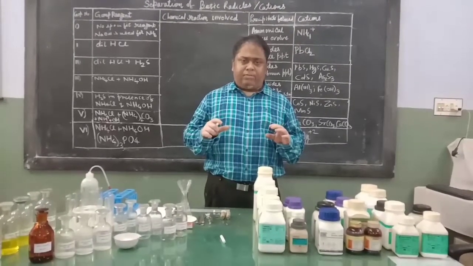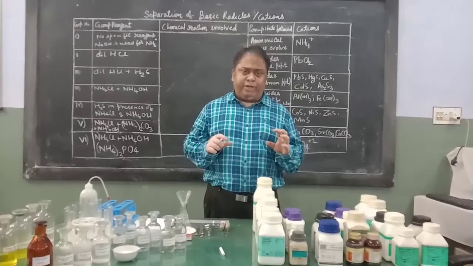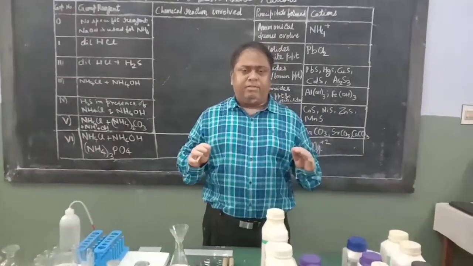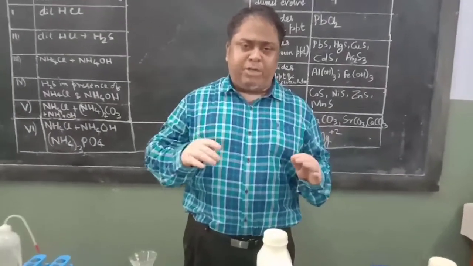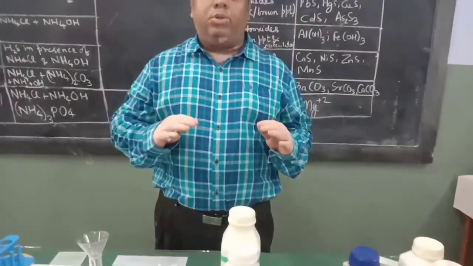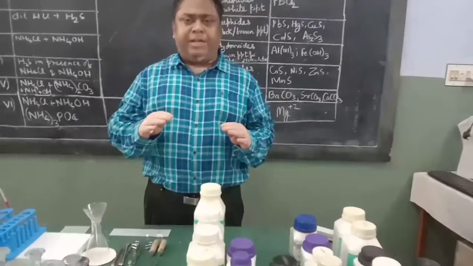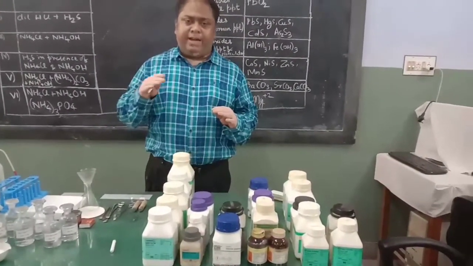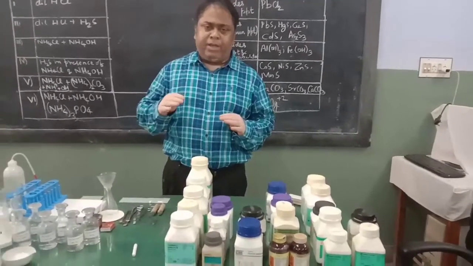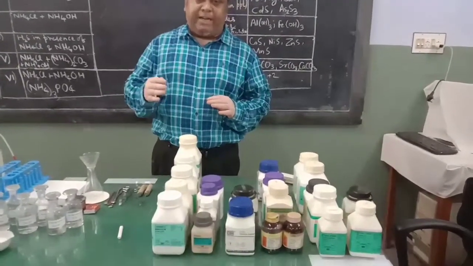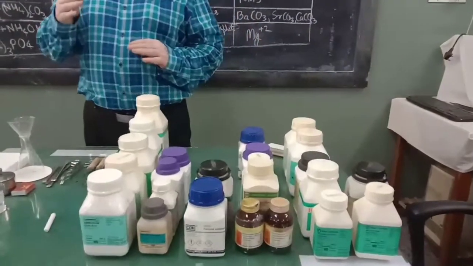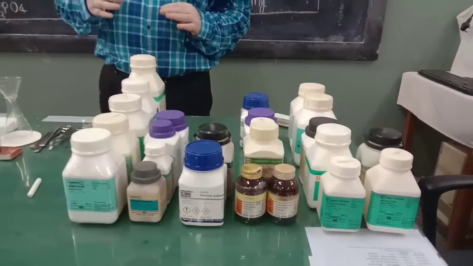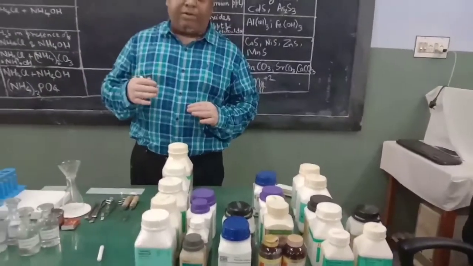Before you start finding out which cation is there and prove it by conformity test, first of all you need to separate the anions. So that has been done already. Today we will do the group separation of cations. Many teachers, examiners and students call cations basic radicals. So if somebody says group separation of basic radicals, do not get confused. Basic radicals and cations are the same thing.